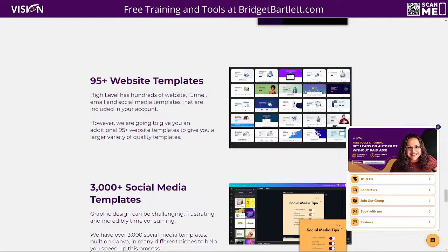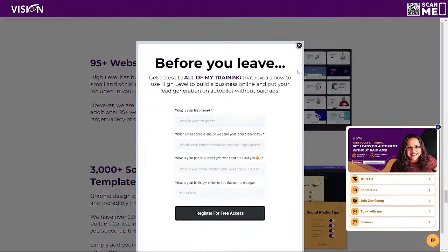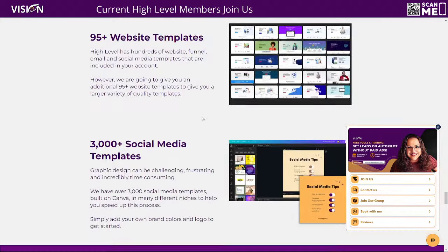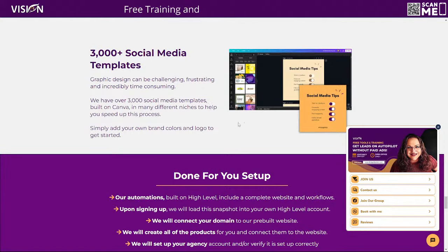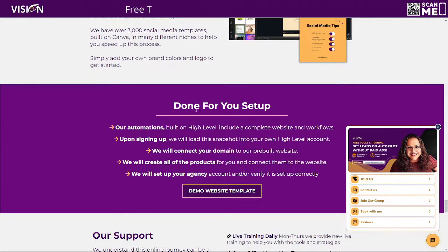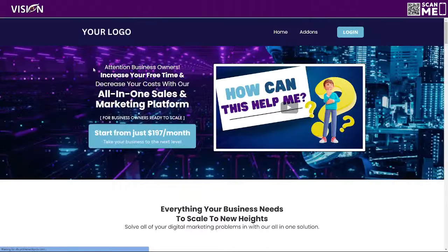You also get 95 website templates. These are not included in HighLevel, even though HighLevel does have a lot of templates. These are 95 website templates on top of all of those that you get access to. You also get access to 3,000 plus social media templates that are built on Canva, so they're really easy to customize. You also get a done for you setup, and if you click here on my website, you'll see this